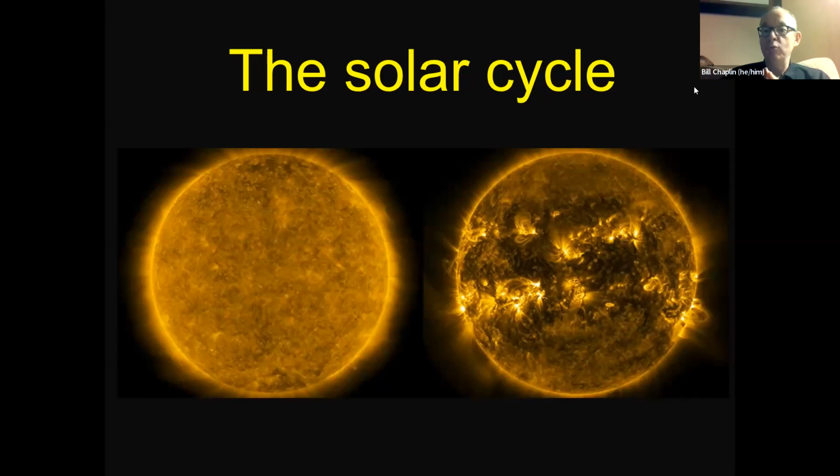So that's the image on the right-hand side here, where we have structures aligned in what we call a toroidal pattern. This is showing essentially emission from the corona, but this maps down to the location where we're seeing this very strong emission, and that maps down at a photospheric level at the surface of the star to where we see sunspots.